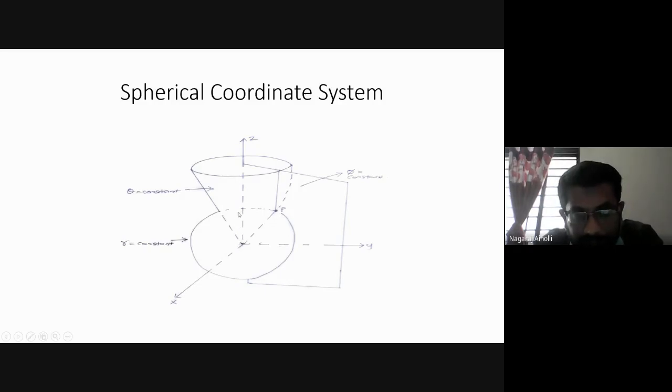Then we are getting the half angle theta. So this is our half angle theta that we got. Then when it comes to the half plane that is making an angle phi with respect to the xz plane, this is cutting here. Okay. Say it is subtending this portion when it cuts here.